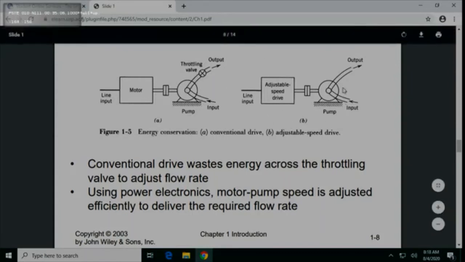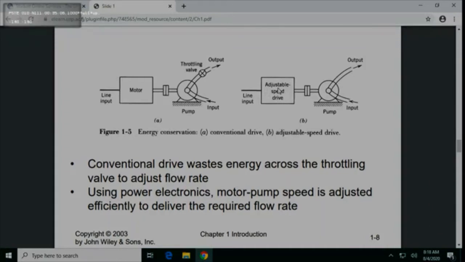Now, in the case of power electronics, we can use adjustable speed drives. You see here, this drive is something that you are going to make towards the end of the semester. Exactly this adjustable speed drive for an induction motor. Now this speed drive is normally made with an inverter. You supply your inverter, and then you control your inverter to have a desired output for the motor, to have a desired speed.